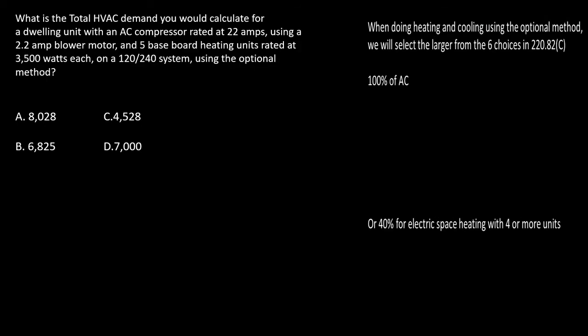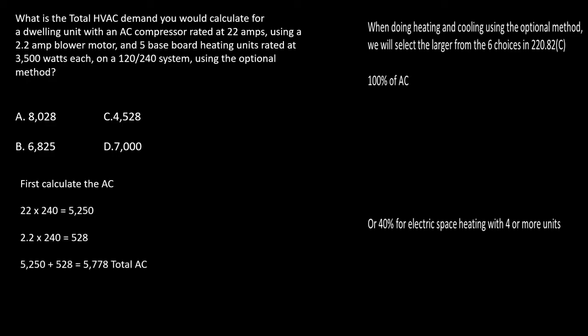What is the total HVAC demand you would calculate for a dwelling unit with an AC compressor rated at 22 amps, using a 2.2 blower amp motor and 5 baseboard heating units rated at 3,500 watts each on a 120/240 volt system using the optional method? So first we're going to calculate the AC. We're going to break that down just like we did in the previous examples, and we are going to calculate